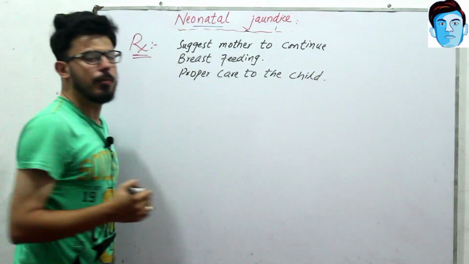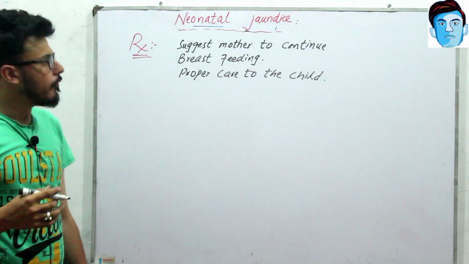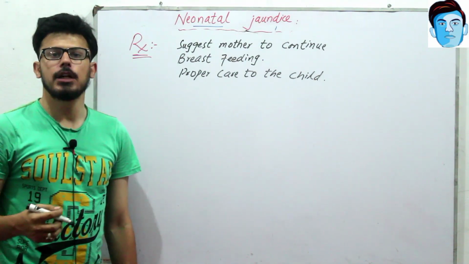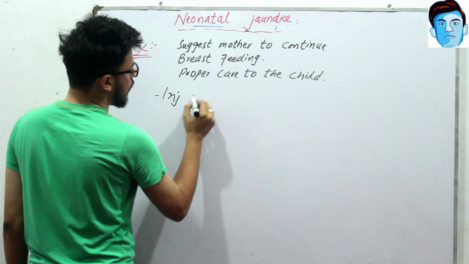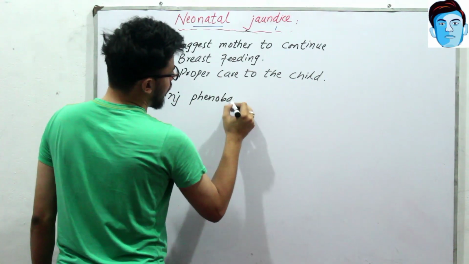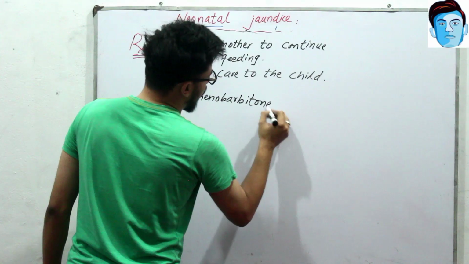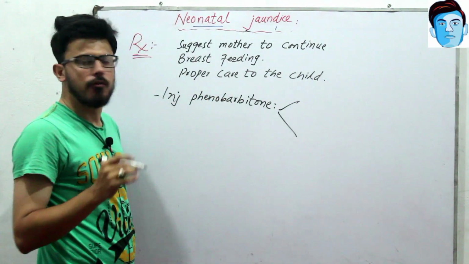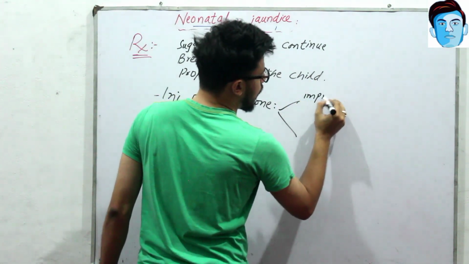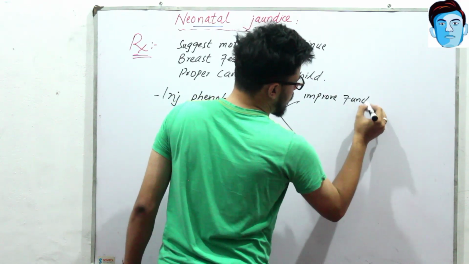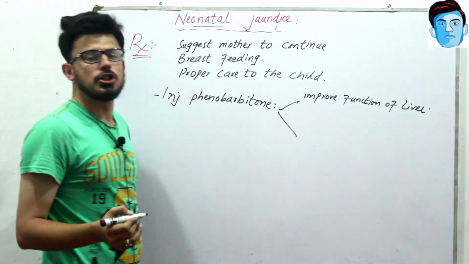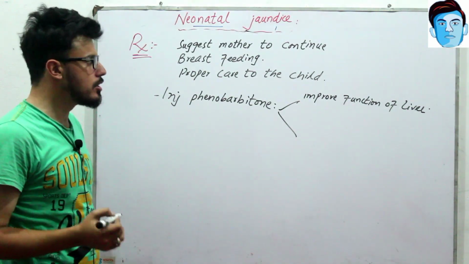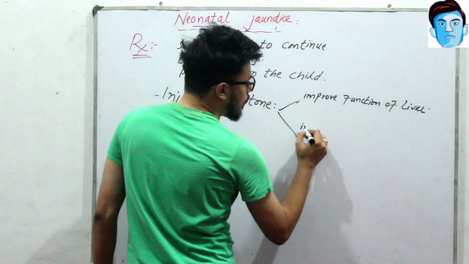Now, if the serum bilirubin level in the blood exceeds, we have certain pharmacological approaches as well. The first approach is injection phenobarbital. There are two main functions of phenobarbital. First, it improves the function of the liver, so ultimately there will be proper excretion of bilirubin and the jaundice will be resolved. Secondly, it also improves the function of